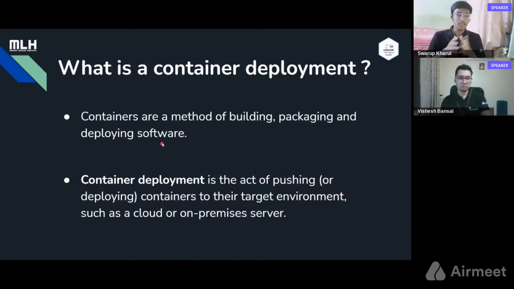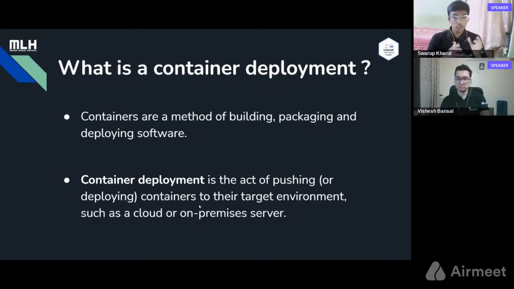By now you might have guessed the meaning of container deployment, which is deploying the container itself instead of deploying the code. So container deployment is the act of pushing or deploying containers to the target environment such as cloud or an on-premises server. But you may be wondering, why can't we directly push our code? Why are we using containers? So when you develop an application, you require certain dependencies. You require some specific version of some software. You may require a particular OS or different configuration settings. So these requirements lead to a lot of complications while setting up the server. So to avoid all this, we make our container with all our specific requirements and then deploy this container.